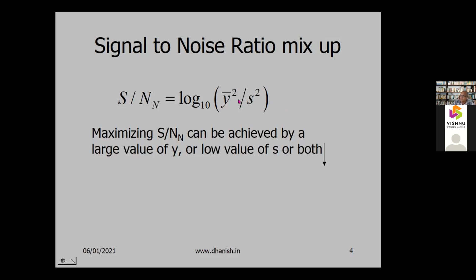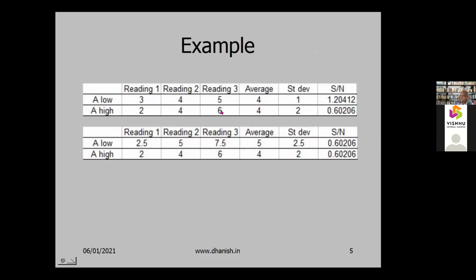So we assume that variance is constant. In that case, if variance is constant, it is the effect of y bar only. Then why do we need to take this square? Because for variance, there will be variation. Each sample will vary. So it is better not to mix up the two. So this is an example. Two examples, both are very similar, but the signal to noise ratio here is the same.